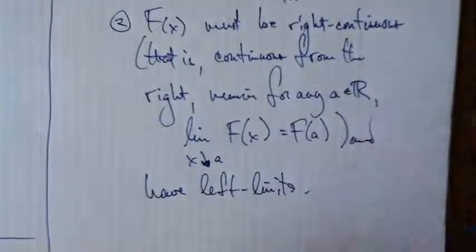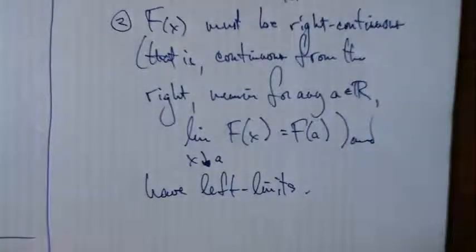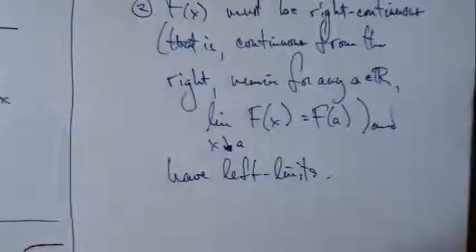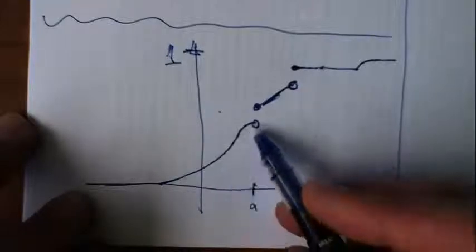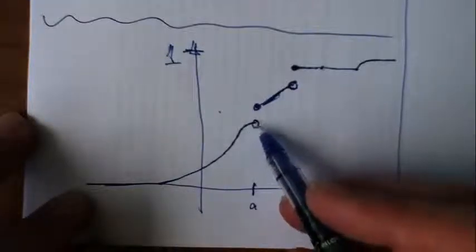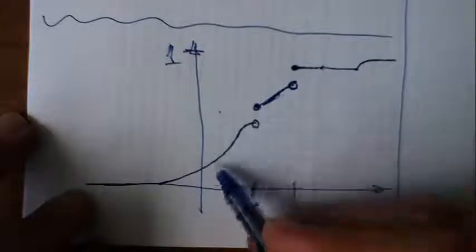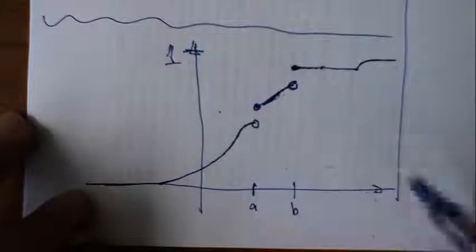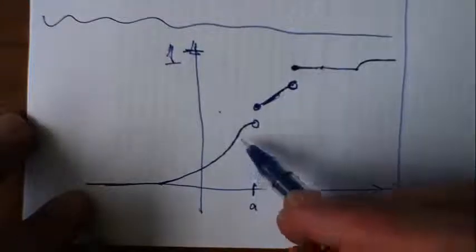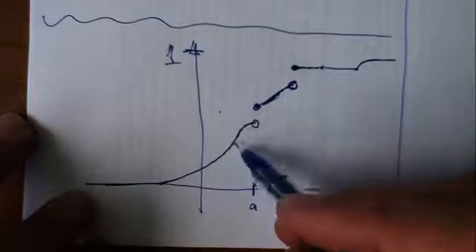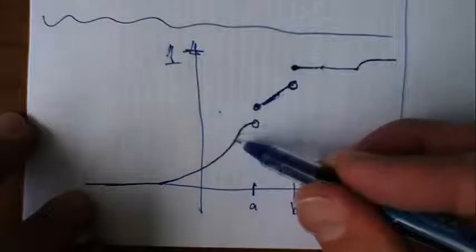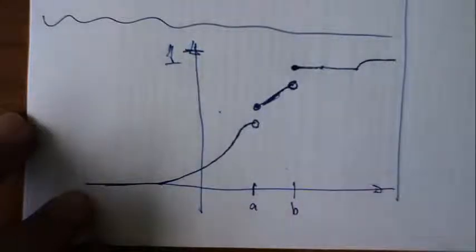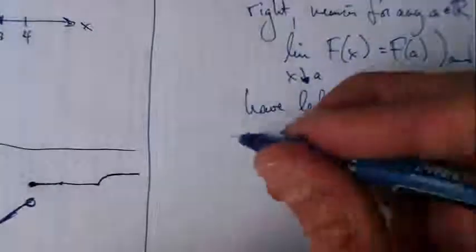What we mean by that is the limits as you approach any point from the left exist. Even though it's not continuous from the left, you can find the limit of this function as you approach from the left at any arbitrary point. Okay, so finally,